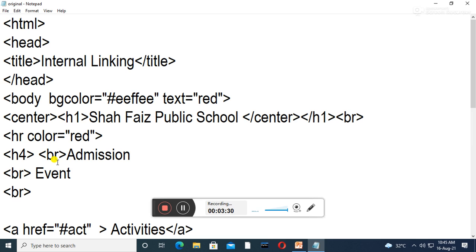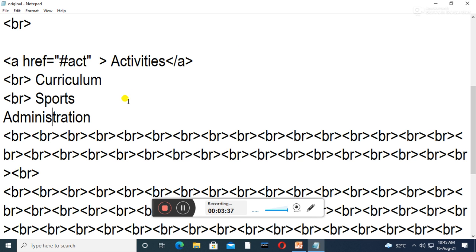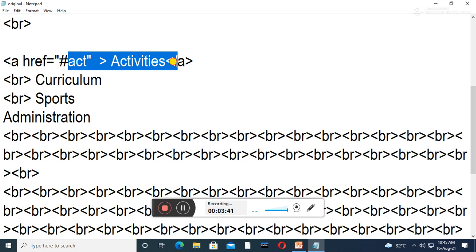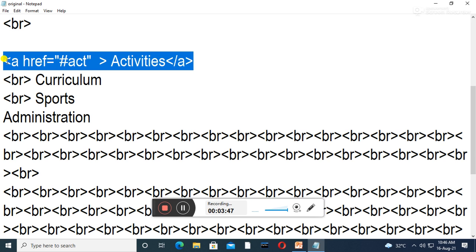Now the main important point is going to start, from the A tag, the anchor tag. The anchor tag is used to create a hyperlink, for both internal linking and external linking.